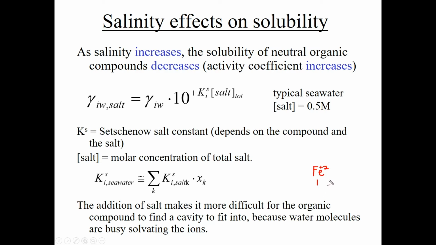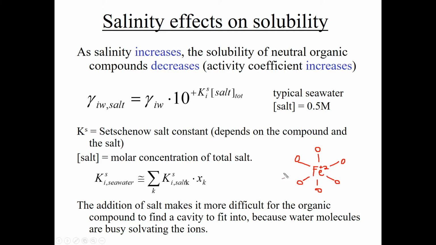And how many do they have? Well, frequently they have 6. They have 6 water molecules. I'll just draw them as circles here. 6 water molecules that are surrounding the iron and helping to dissipate that +2 charge over a wider area. Well, those 6 water molecules are no longer available to solvate your compound. They're busy, they're tied up. And so as a result, there's just less water available, and so the solubility of the compound is going to